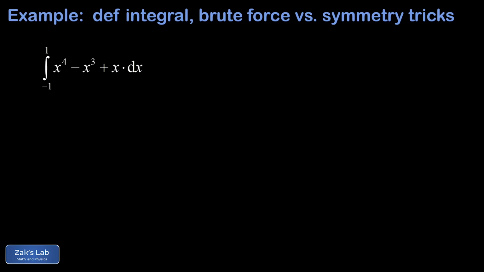In this video, we're computing the integral from -1 to 1 of x to the fourth minus x cubed plus x dx. Now, of course, we can handle this integral by using brute force. In other words, just integrating all three of these terms, applying the limits of integration, and simplifying the result. So I'm going to go ahead and start with that, but there's a way better way to do it by